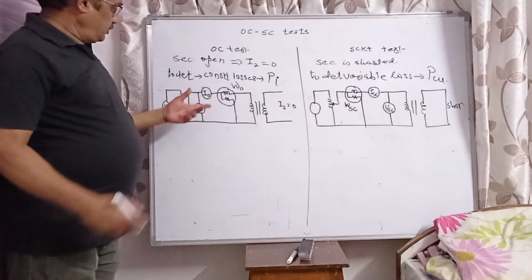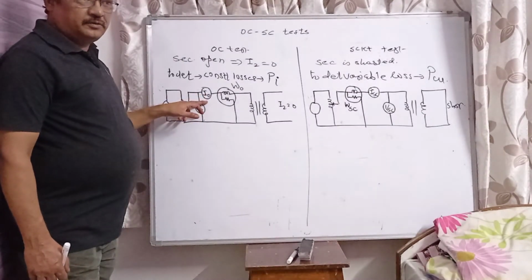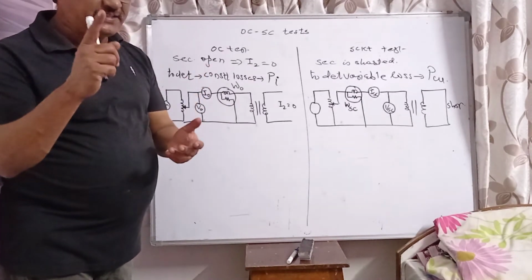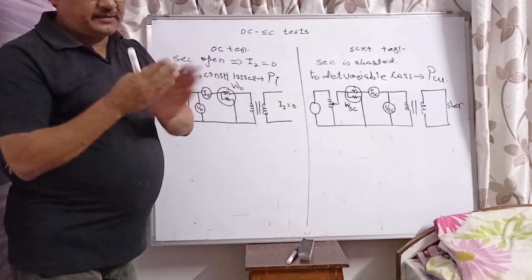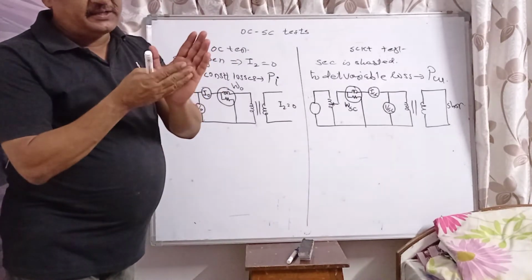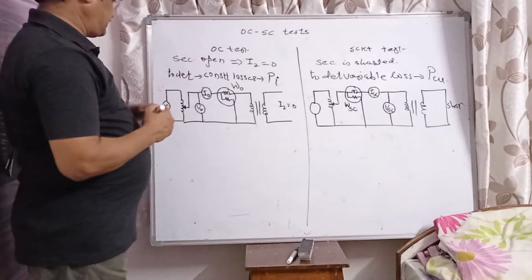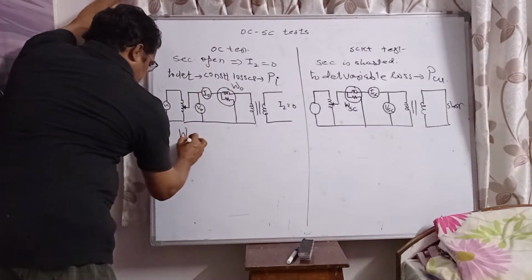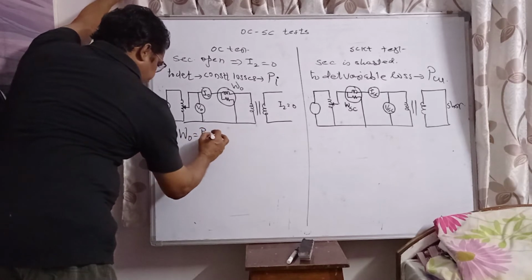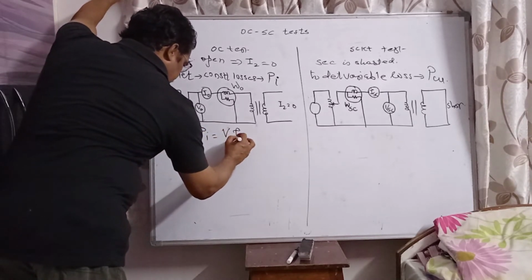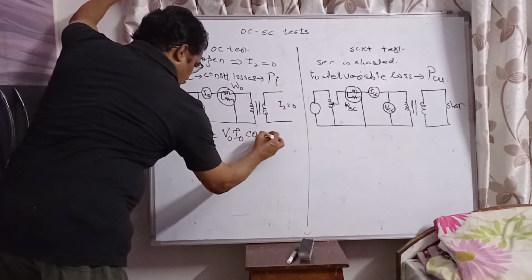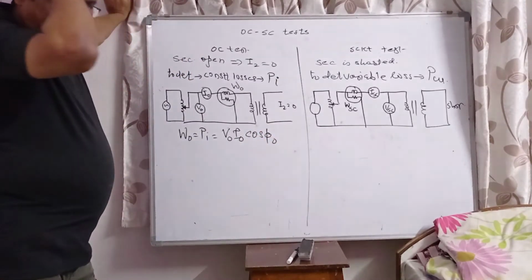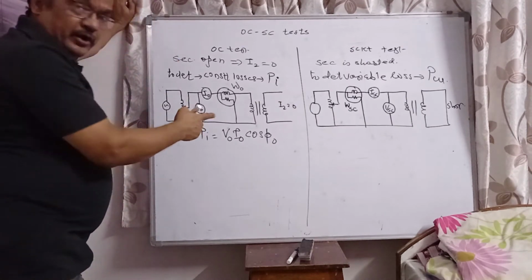Since this is the no load current, I have already explained that I naught has two components, I mu and I c. See the previous article. I mu flows in the inductance and I c flows in the resistance. So power P I is V naught, I naught, cos phi naught. Since it is AC power, power is V naught I naught cos phi naught. I naught has two components.